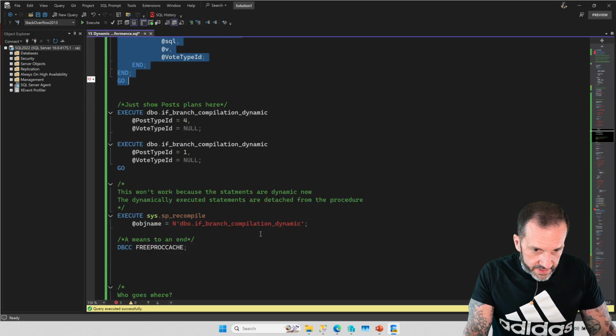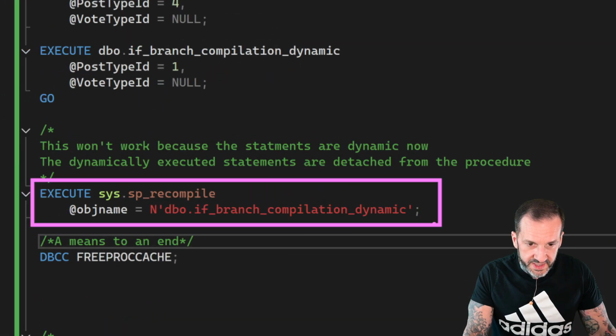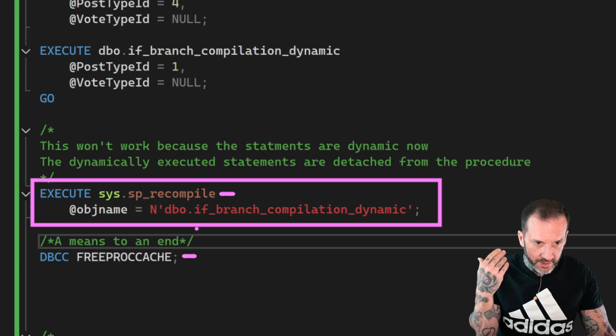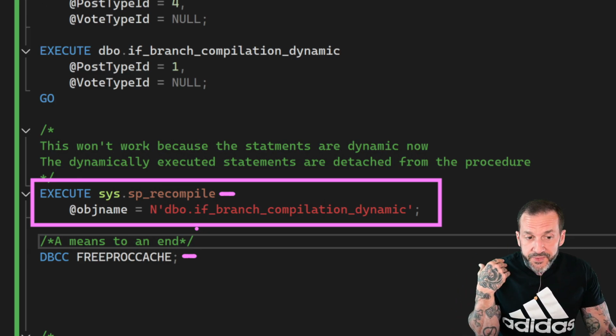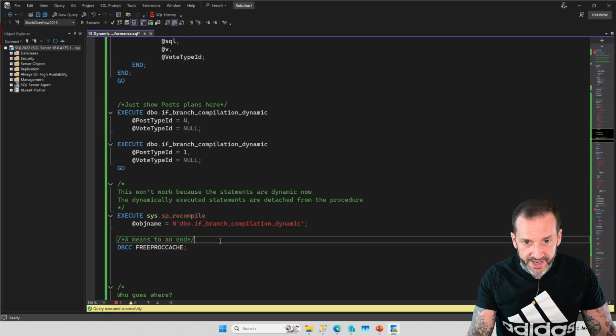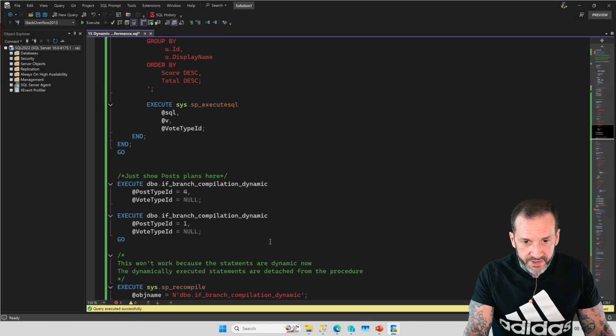So now another thing to keep in mind is that we can no longer just recompile the stored procedure in order to show plan differences. Now we do have to clear out the procedure cache. We could look up SQL handles or plan handles to do this a little bit more surgically, but just a quick means to an end for these demos is to run DBCC FREEPROCCACHE to clear stuff out. But just to show you what I mean about the parameter sensitivity thing,